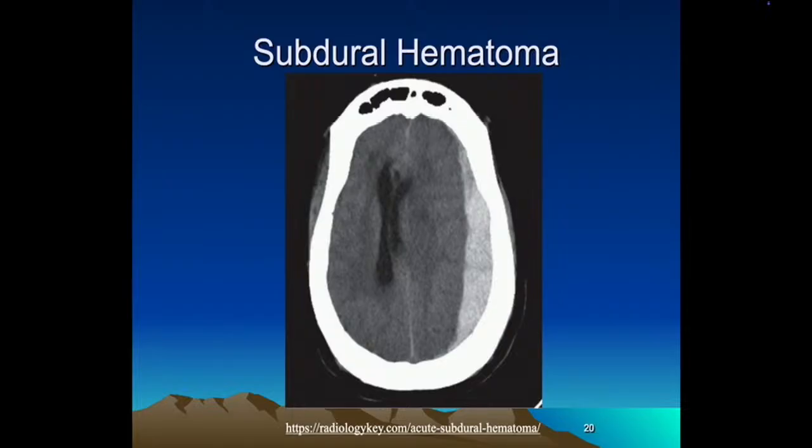But back to this one. This is a left-sided subdural hematoma. You see this collection of blood. It's the same consistency throughout. This is venous blood that's accumulating, and it's going to put pressure on the brain and push everything to the